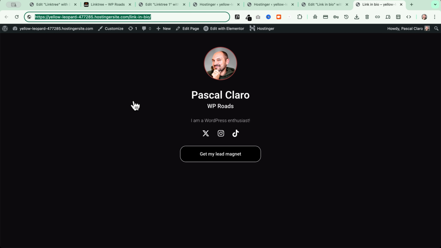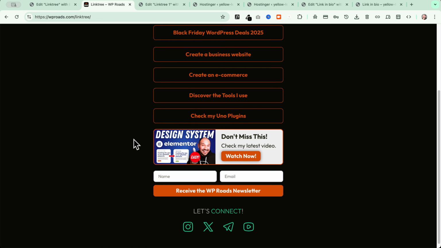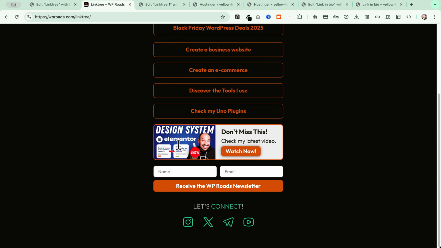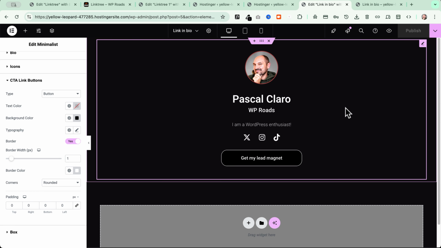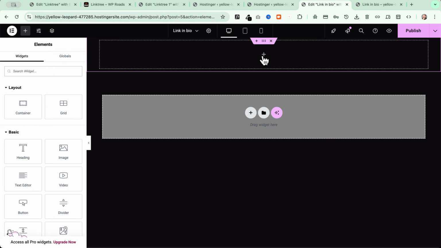But now let's take this a step further. Let's see how you can really enhance the design of this page and create some custom effects, like in this case. Place the elements exactly as you want, create some custom call to actions with images and buttons. Let's go and do it. I will get rid now of this widget, so I will delete it, and I will start creating everything from